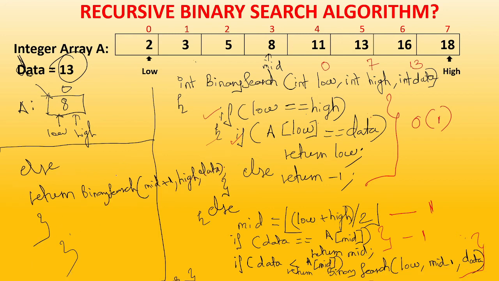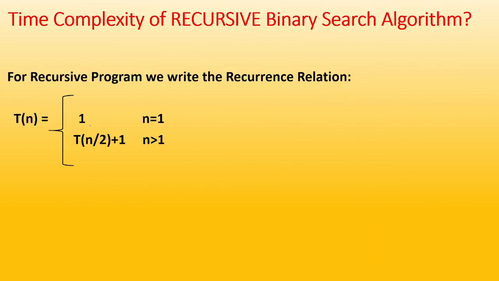So in this case, you are calling the binary search function again and again, and in binary search we know the concept: every time we divide by 2. We find low plus high, divide by 2 and get the mid element. So every time we go from one level to another, it will be T of n by 2. So from this we got: if n equals 1, your time complexity will be order of 1. This is the best case. If your array size is greater than 1, then this condition will get executed. If only one element is there, you will get it in order of 1 time. If more than one element is there, then this is the case.